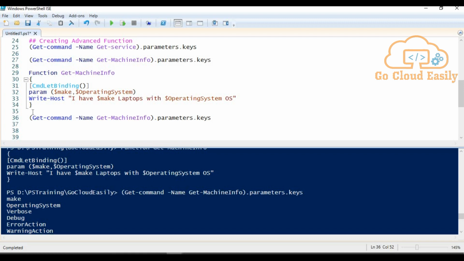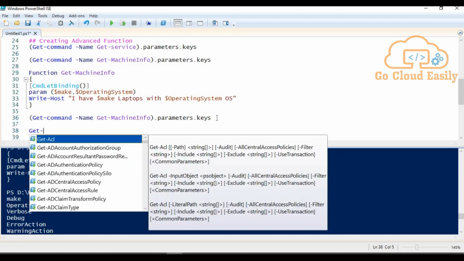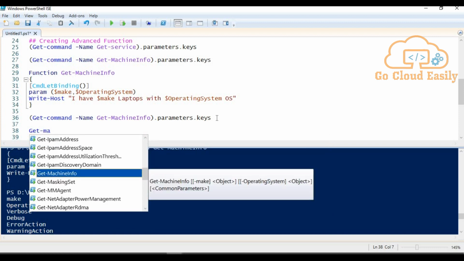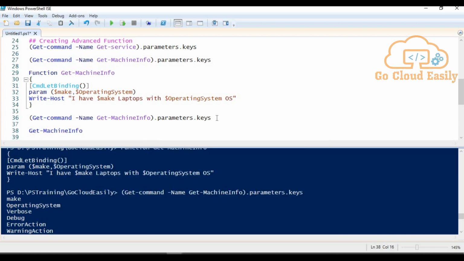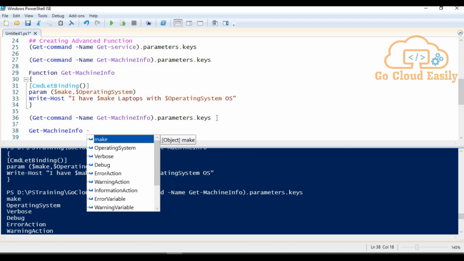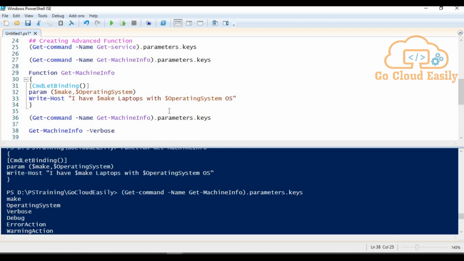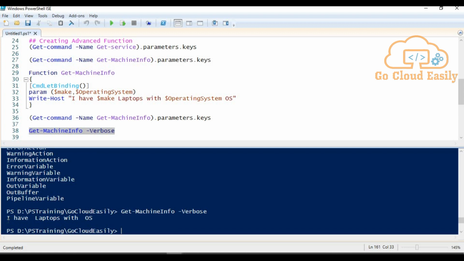Just as an example, if I call this function Get-MachineInfo and let me use, maybe, the first parameter only, Verbose, and run this command, can you see I'm not getting any verbose information?